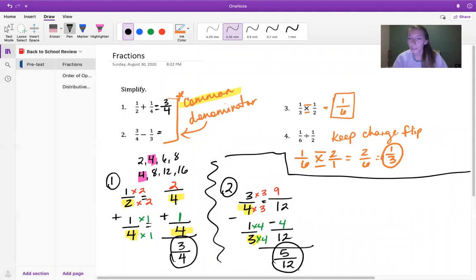Once you do this over and over again, it's not going to seem like a lot of steps on your calculator. And I think you can agree that it's a lot better than finding a common denominator and doing it that way. The same is also true for multiplying and dividing. And the beautiful thing about those is,